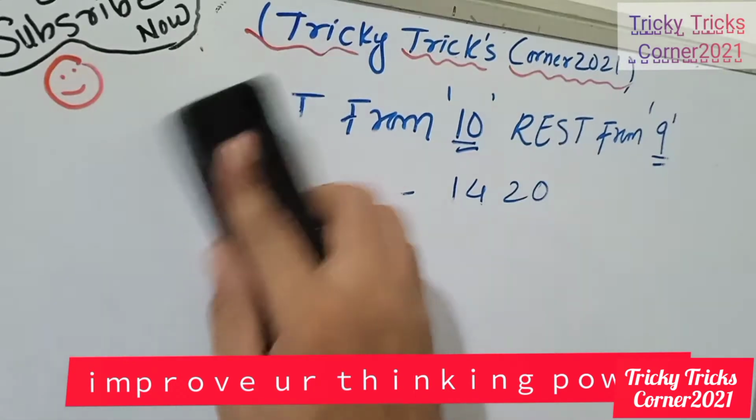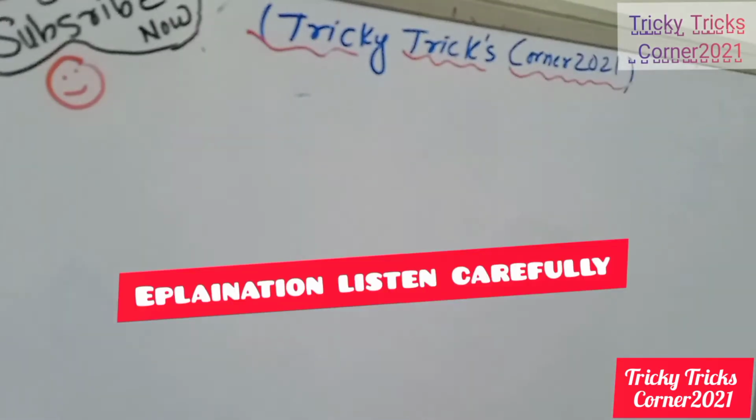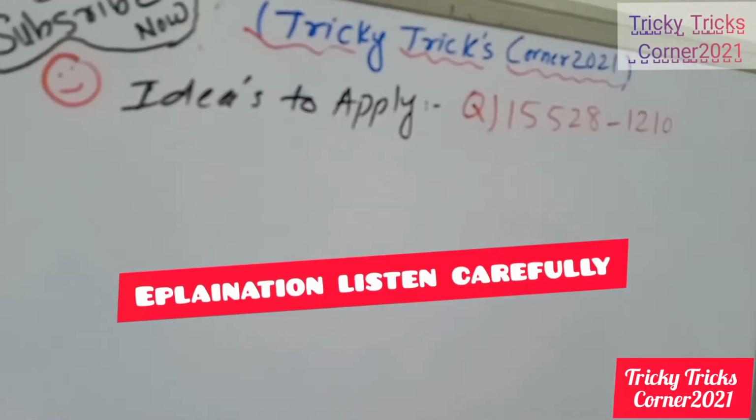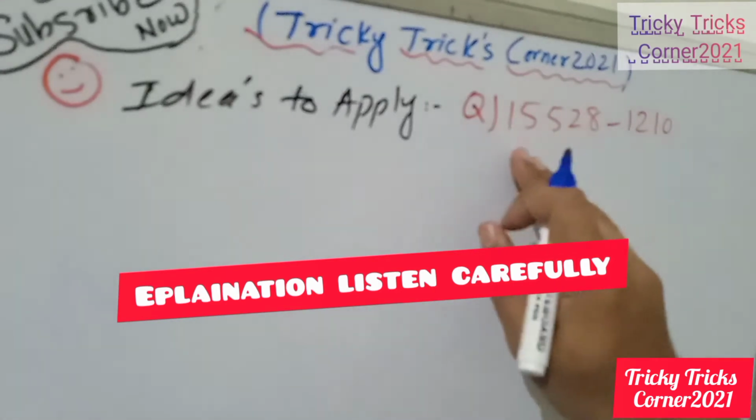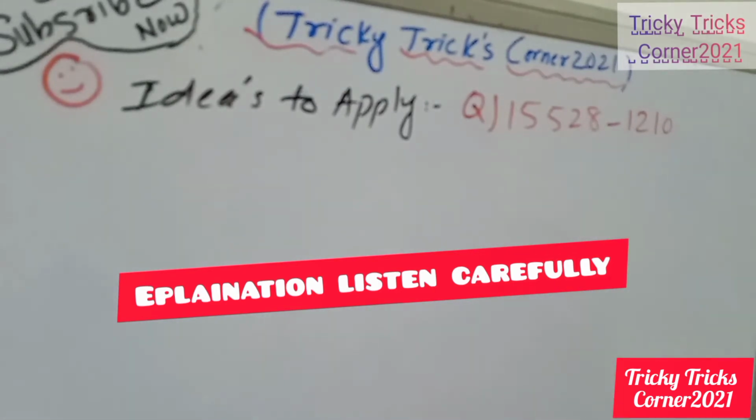Switch over to the next topic. Good morning dosto. Ideas to apply: the problem equation is given. It is a simple equation, but we have to group it into twos, starting from the right. It's a simple idea for how to avoid the mistakes in part 2, but it is very necessary and very important to learn how to avoid the mistakes.